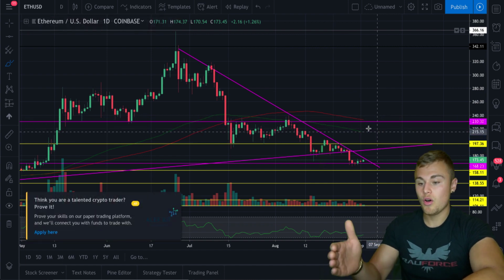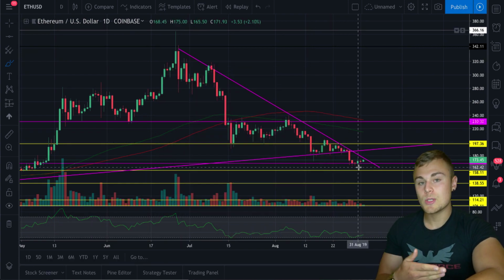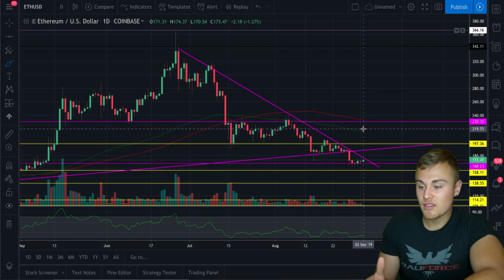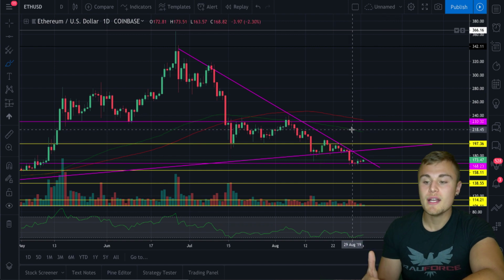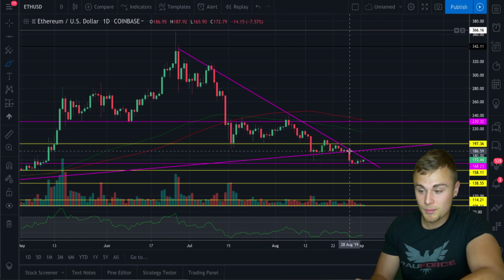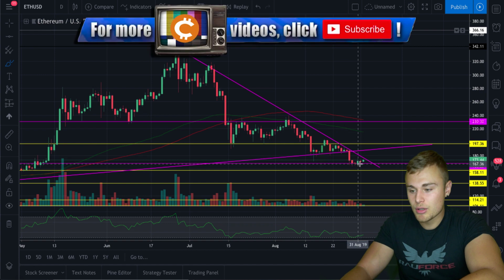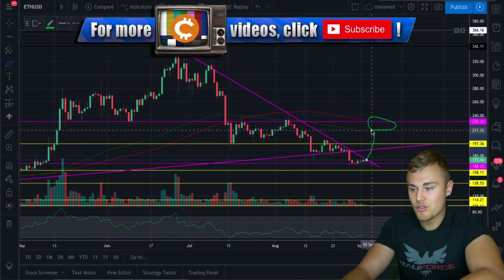But really, all these cryptos are undervalued. All of them are waiting for that volume to come into the market and eventually push the coin out of resistance up to as high as here. And I've been saying this the past couple of days because it's going to be true. It's going to come true. That's where we're headed up to. This downtrend is a pretty gruesome one. We were anticipating some sort of move here, a potential break right here. That fell through. So now we're looking for this retest,